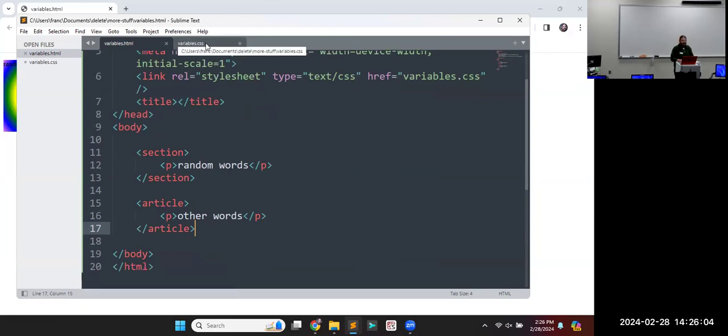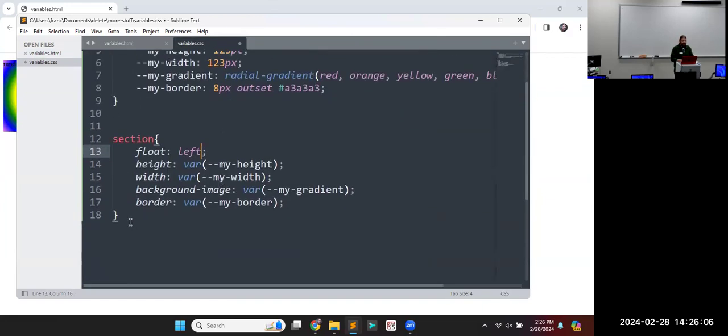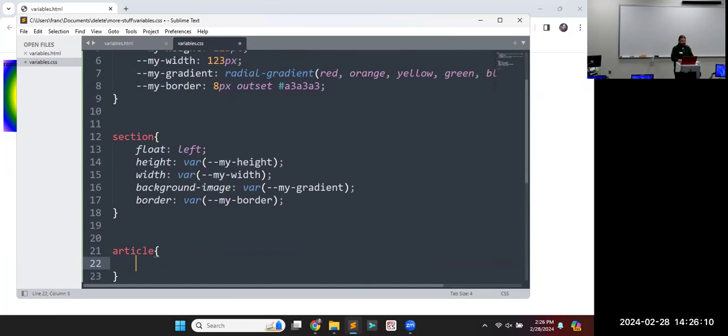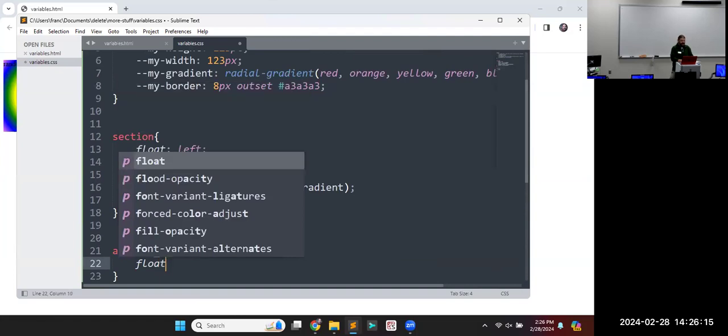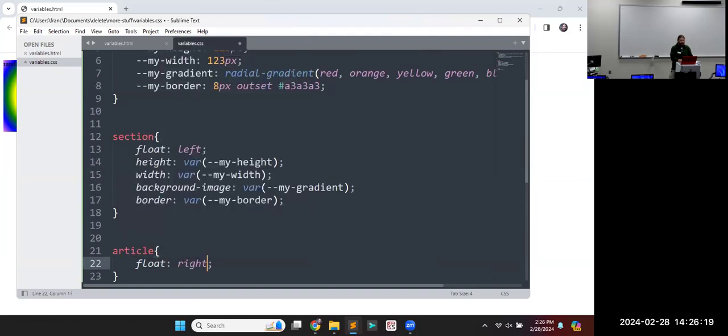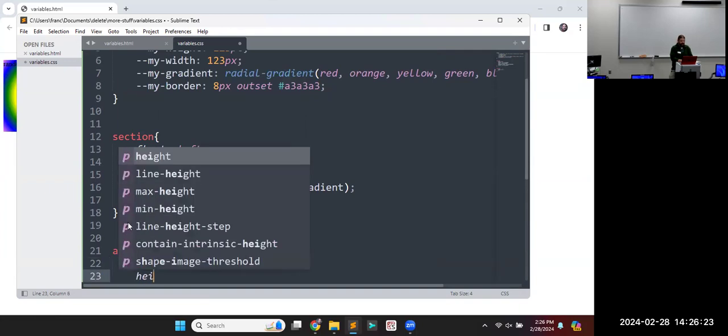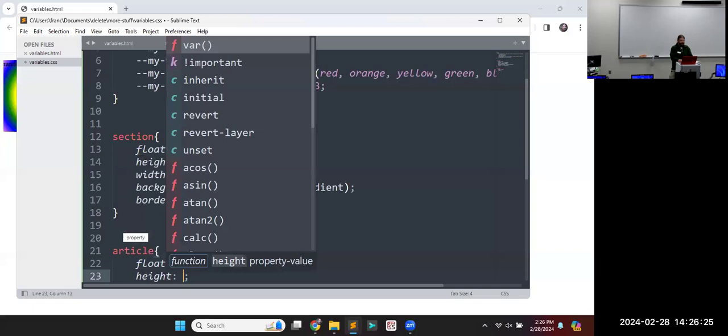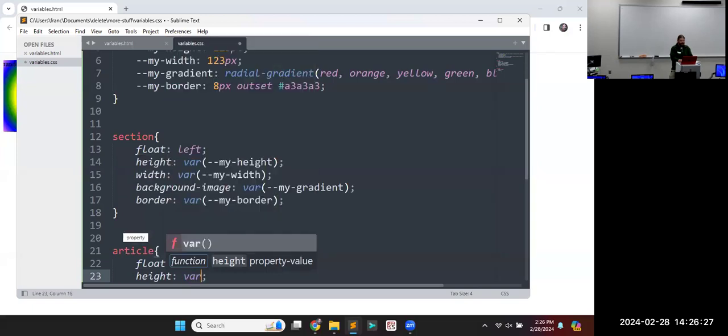Can change it to any of them, or use a simple div container, and then as long as it's different, which might take a class or an ID or something, but then we can repeat that style that's already set up without having to copy and paste or look back up what we did. Let's flip this to the right, and to fit with our style for the page, we'll set the height to that variable,